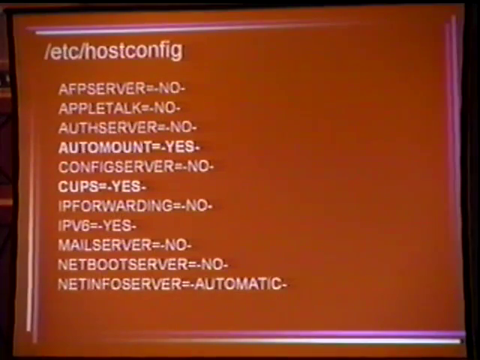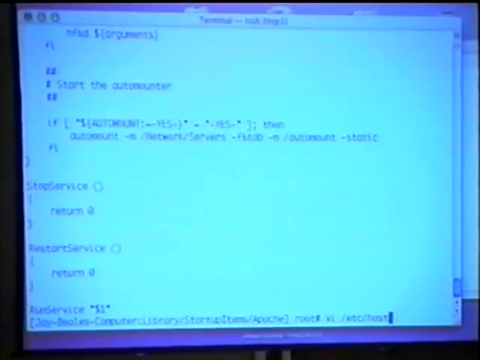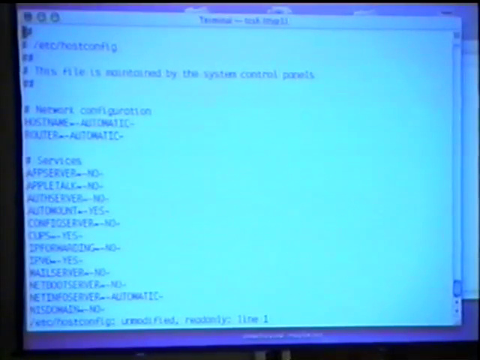To make that easier, the first thing you want to do is go through hostconfig, that file we were looking at earlier, and shut off anything you don't want ahead of time. You can go through here and look at what says no or yes. The very first thing that says yes is automount, so we can turn off automount. This is especially important if we know we're not going to be an NFS client, because automount is just mounting NFS volumes that we may have use of.